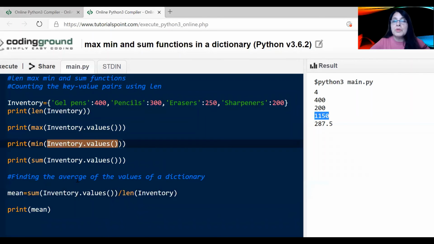1150. Now, we want to find the average or mean of the values of a dictionary. We need to use the sum function, to which we pass inventory.values and divide it by len. And we get the answer as